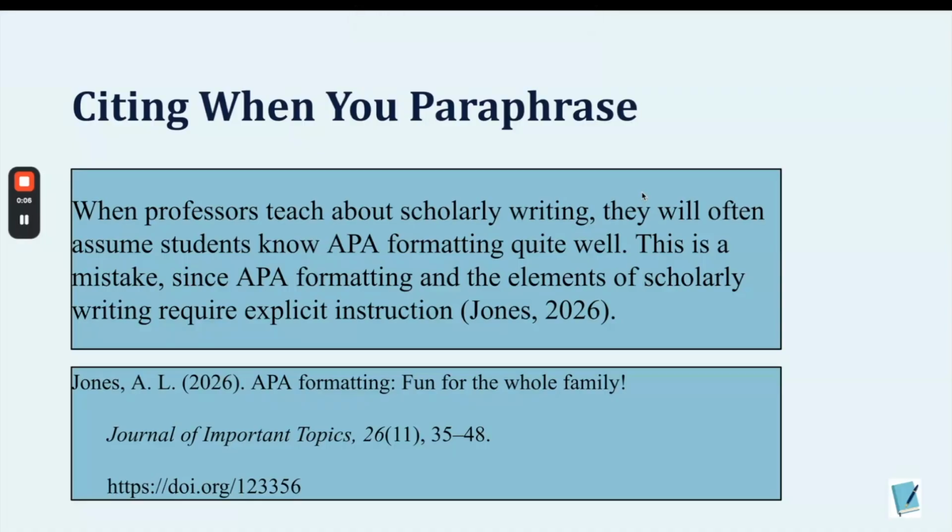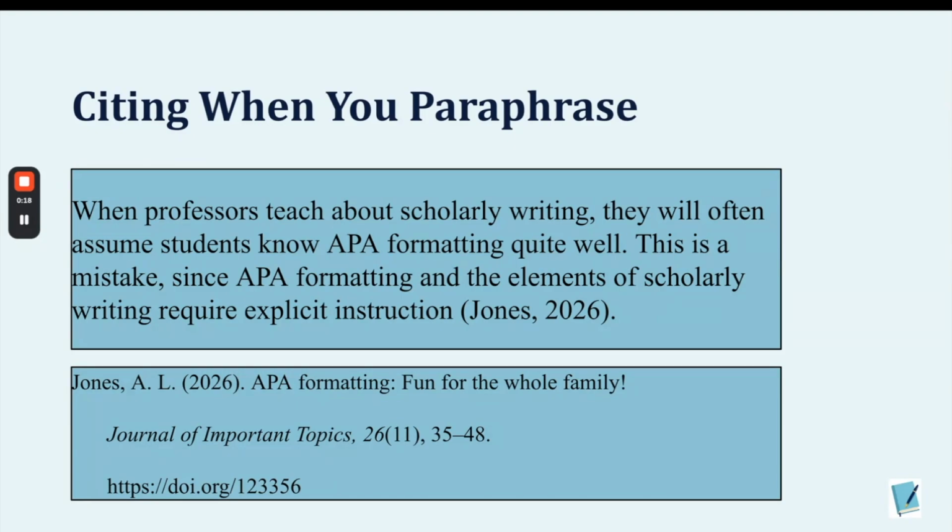When we cite things in APA, we're trying to make sure that we are giving credit where credit is due. This means that we're trying to show our reader that not every single word on the page came out of our brains. Some of these are others' ideas. They might be others' ideas from a book, from a journal article, or even a YouTube video. When you cite a paraphrased section of text, you are writing in your own words what you are seeing in the text that you're reading.